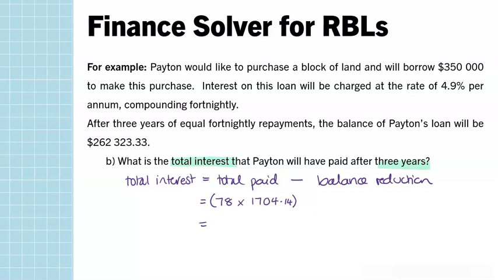And that comes out to $132,922.92. Our balance reduction will be the difference between the starting value, our initial loan value of $350,000, and the balance at the end of the 3-year period. So that balance is $262,323.33. And so the amount that's actually come off the loan, that balance reduction, is equal to